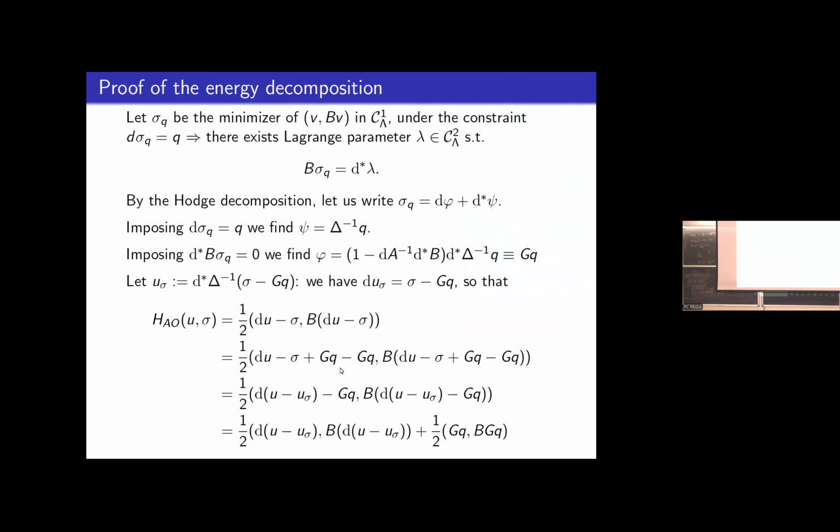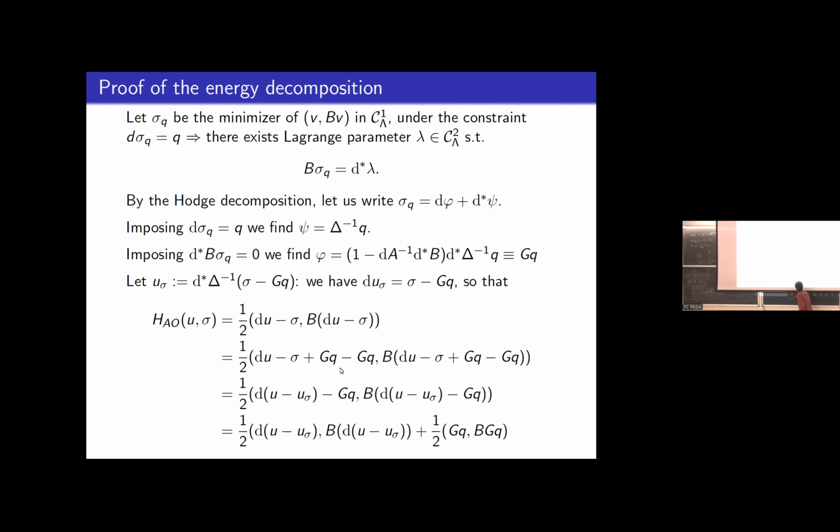Okay. Now you realize that, using this, sigma minus sigma q is nothing but d u sigma. So I rewrite this part here as d of u minus u sigma. And then we have the minus GQ. We can do it both here and here. Okay, now expand. So there will be the term quadratic in u minus u sigma, the term quadratic in Q, and then in general there should also be the cross term. So the cross term is what? It is minus, so there is a factor 2 from the fact that it's the cross term, which simplifies with the 1/2. And then we have minus GQ